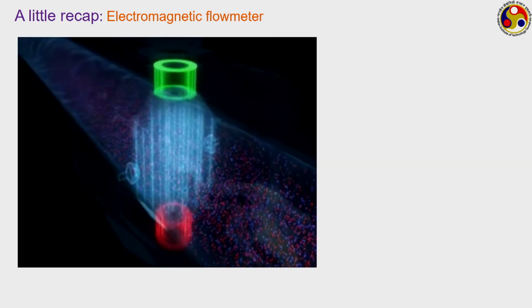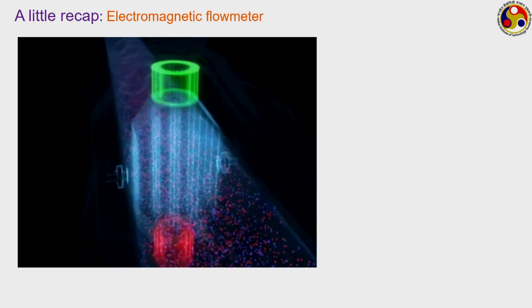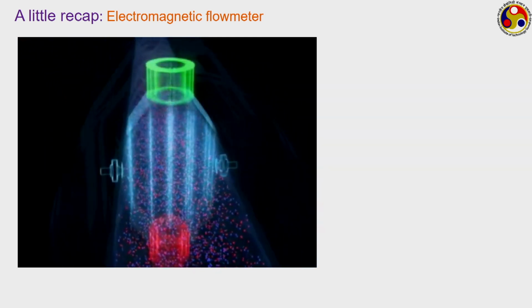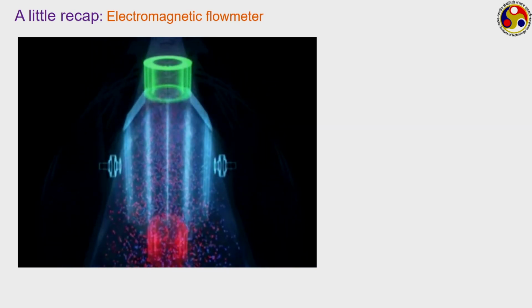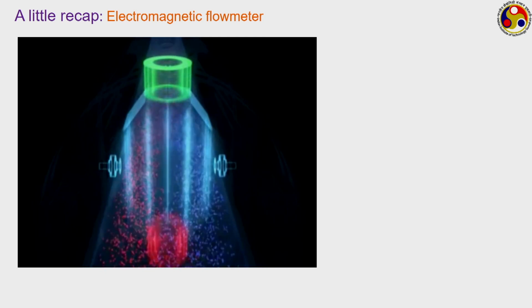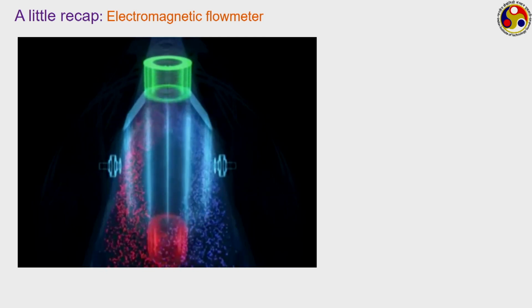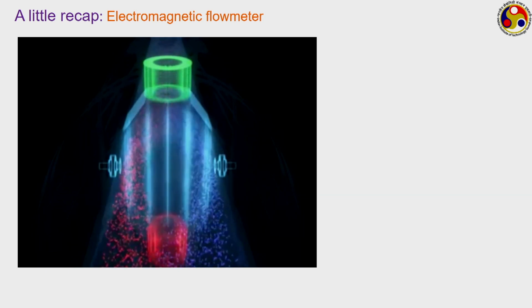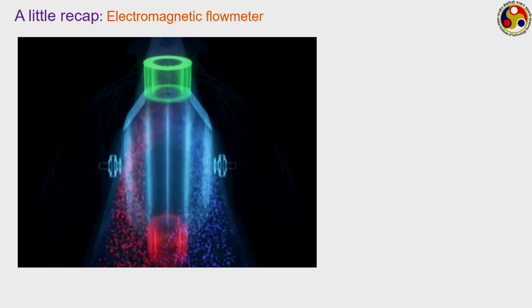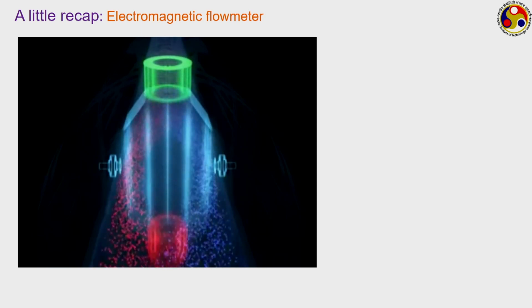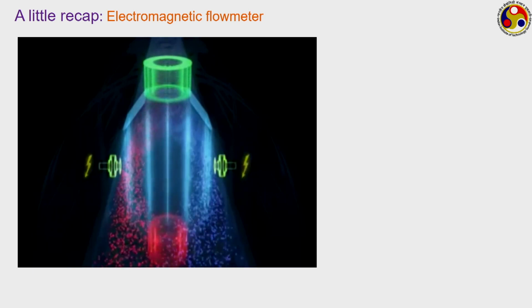Now you can see the fluid has been shown to comprise red and blue particles, which represent the two different kinds of charges. Let us say red is the positive one and blue is the negative one. Whenever the fluid has some kind of electrical conductivity and is flowing through this magnetic field, the charges will align just like this. The positive charges will go to one side, the negative charges will go to the other side, and as we have the electrodes positioned on the adjacent walls,